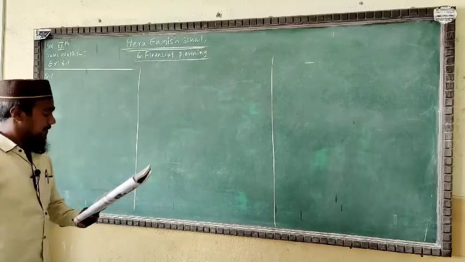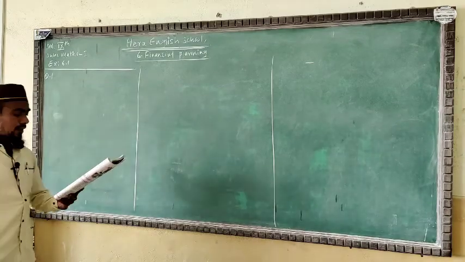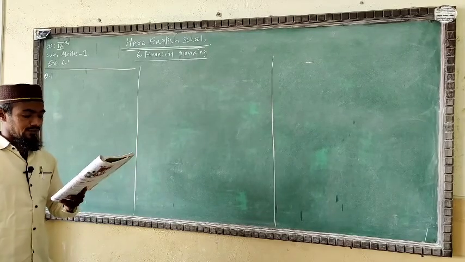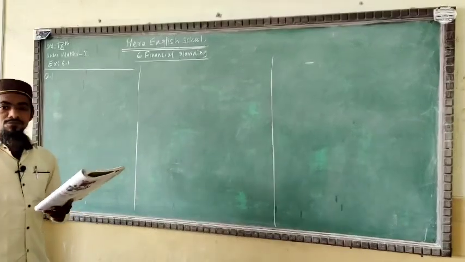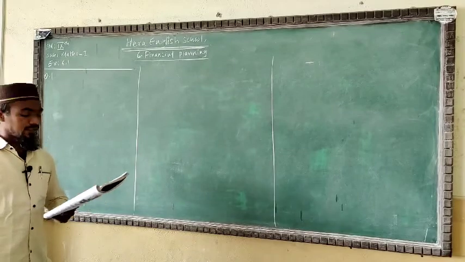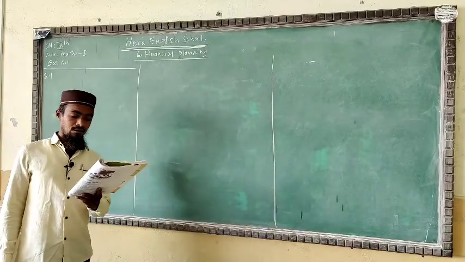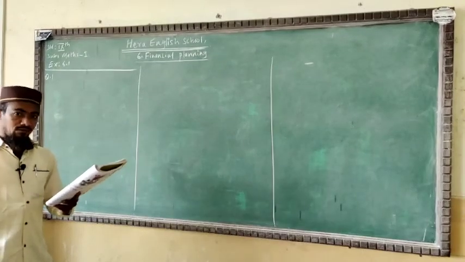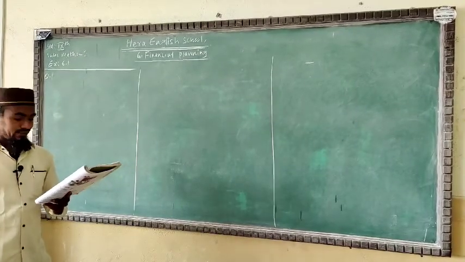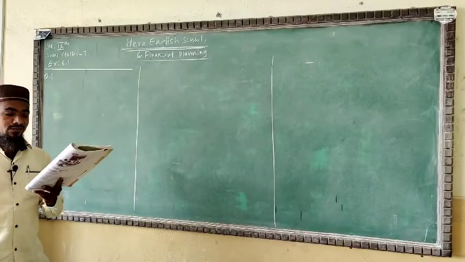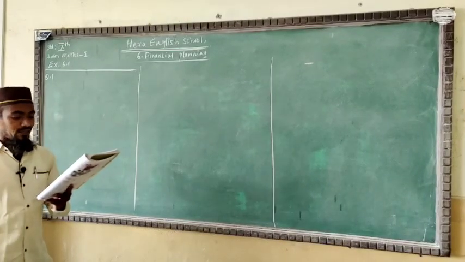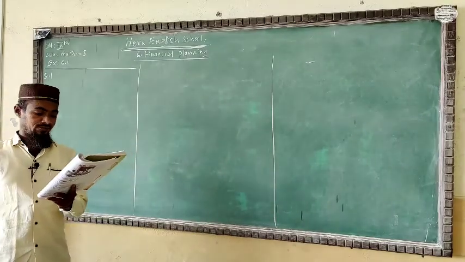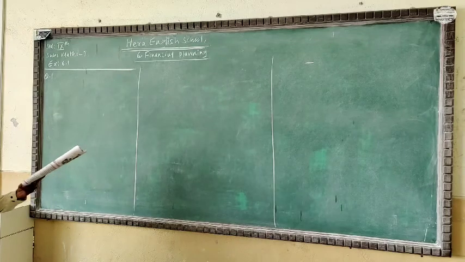Now see here, the first question is given. Alka spends 90% of the money that she receives every month. Whatever salary she is getting, Alka always spends 90% of it monthly. We don't know what the salary is, but in the next statement she saves rupees 120. How much money does she get monthly?